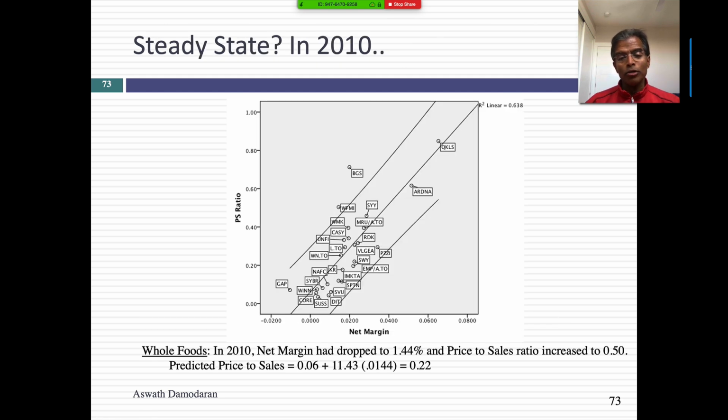Okay, let's go forward to 2010. I reran the regression again. You see where Whole Foods is now? Whole Foods is back to being overpriced. See what's going on here? It's looking like a manic depressive company, right? Overpriced, underpriced, overpriced, overpriced again. And then in